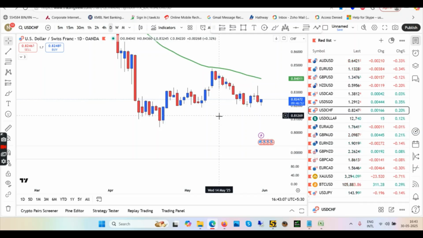USDCHF, these two are strong currencies. Swiss franc is a strong currency. USD is also a strong currency. So you will not see heavy movement or large movements with two strong currencies. You got that point? But if you want to trade USDCHF, there are many options other than this. You can trade Euro USD, GBP USD, AUD USD, and so many pairs. Okay, you can go and watch analysis on my channel for other pairs as well.